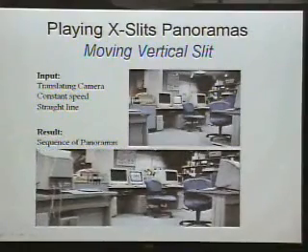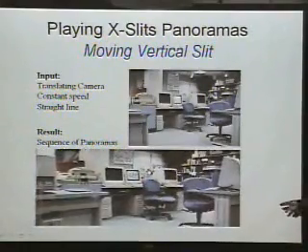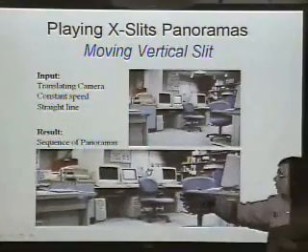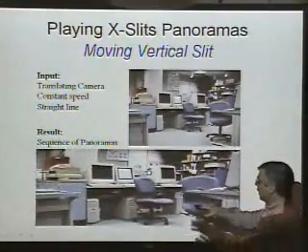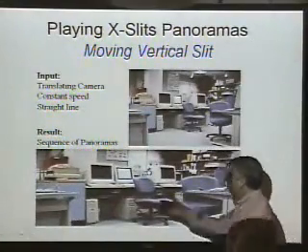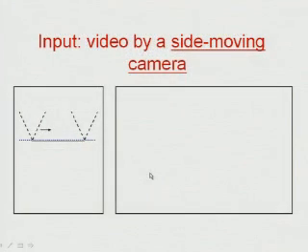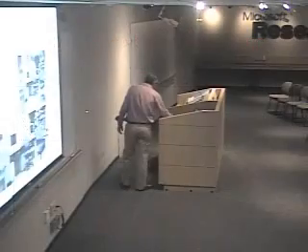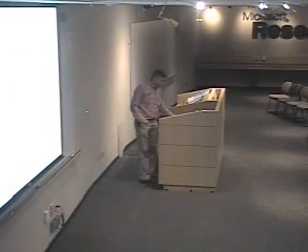It's more cheating than magic, because the images that we get are not perspective images. These are images that we call cross-slit. There is only a change in parallax. You see a lot of parallax, but only in the x direction, not in the y direction. And if we look at this